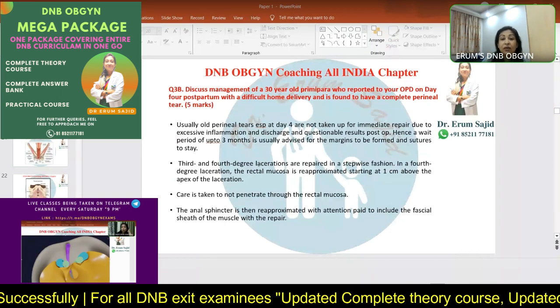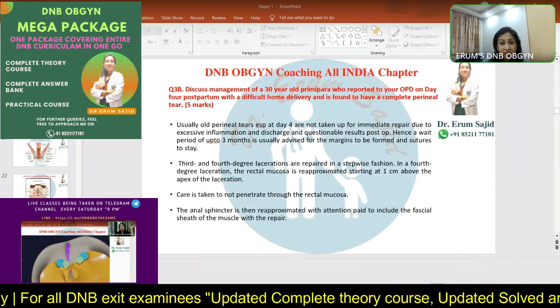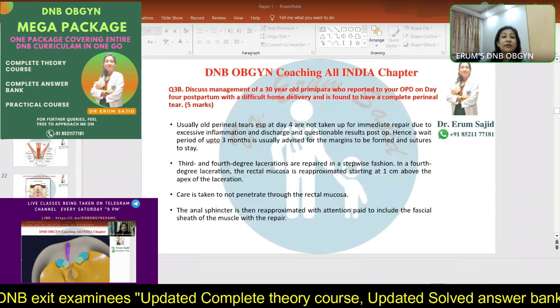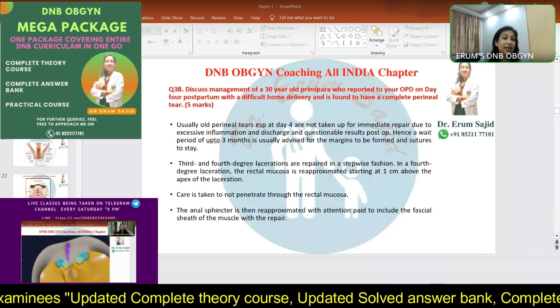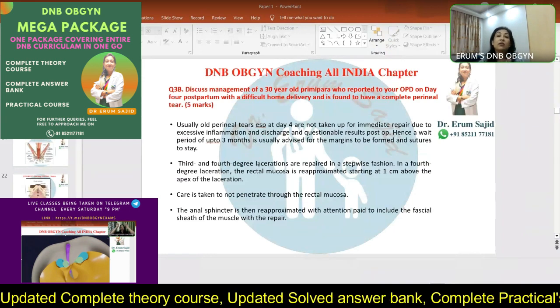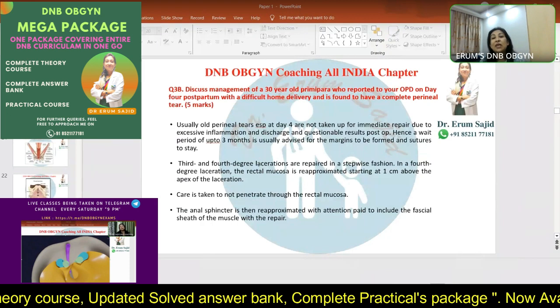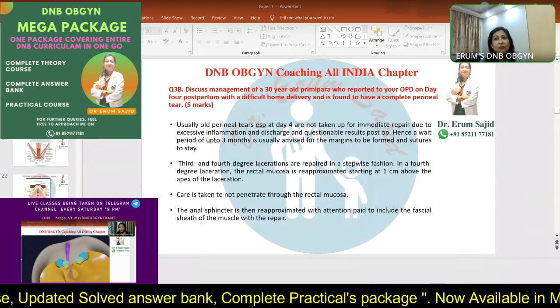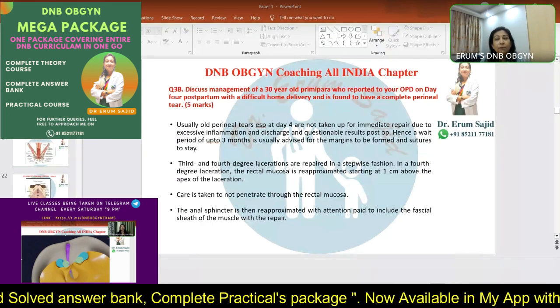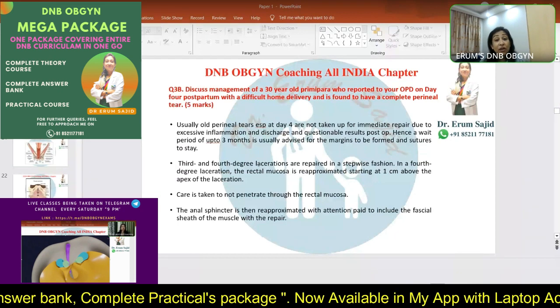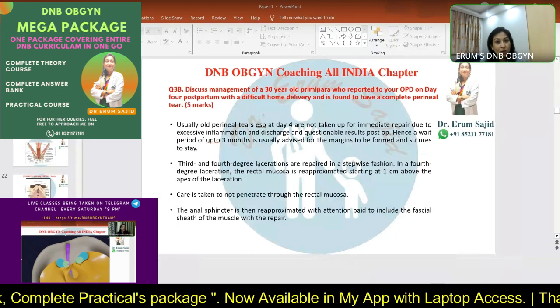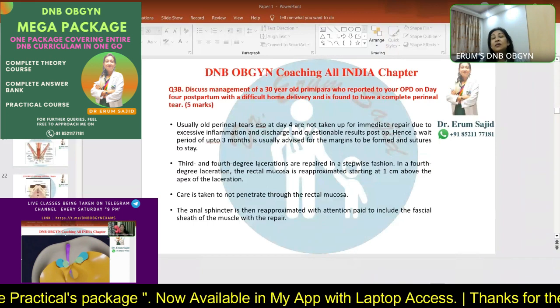So these are my self-made notes. Usually with an old perineal tear at day 4, I will discourage anybody from going for a straight repair. The reason being, in my demo lectures, I think in the vaginal hysterectomy workshop, I also included a case of rectovaginal fistula which was operated in my own OT. And very specific about